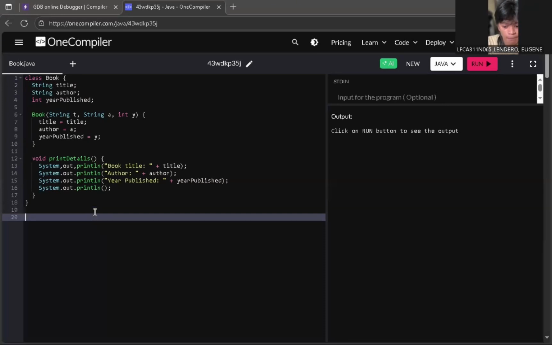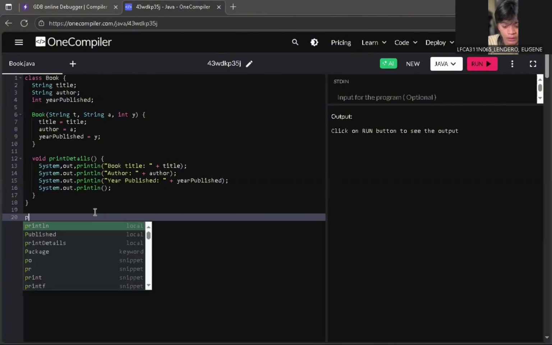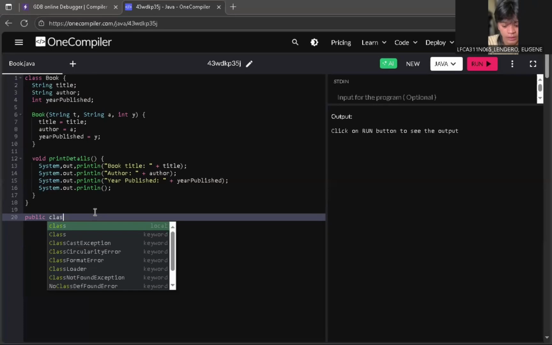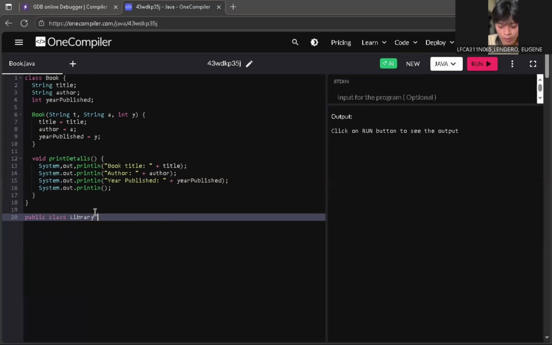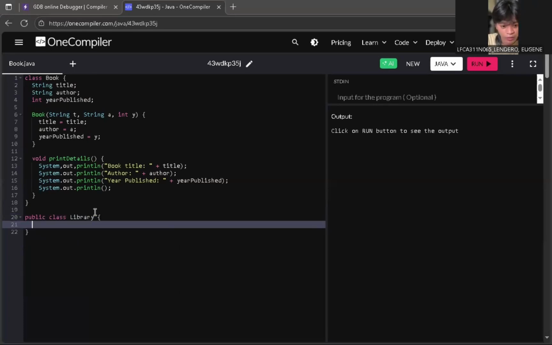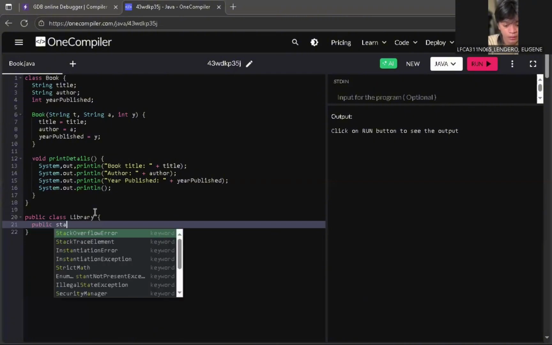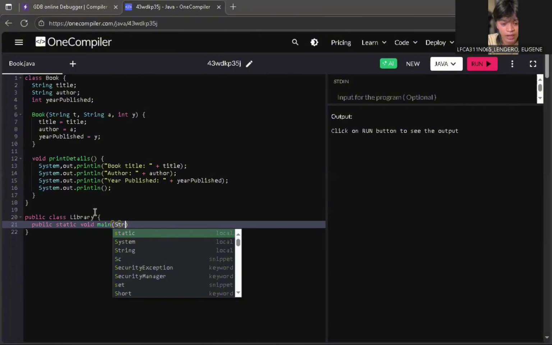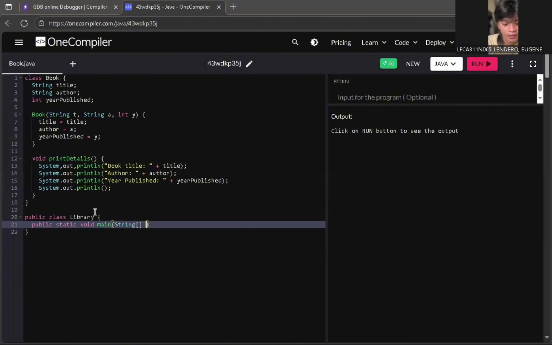So first we have to put public class Library, curly braces, then you have to input here public static void main, then parentheses, our data type String args, is arguments. Also again, you have to put curly braces.